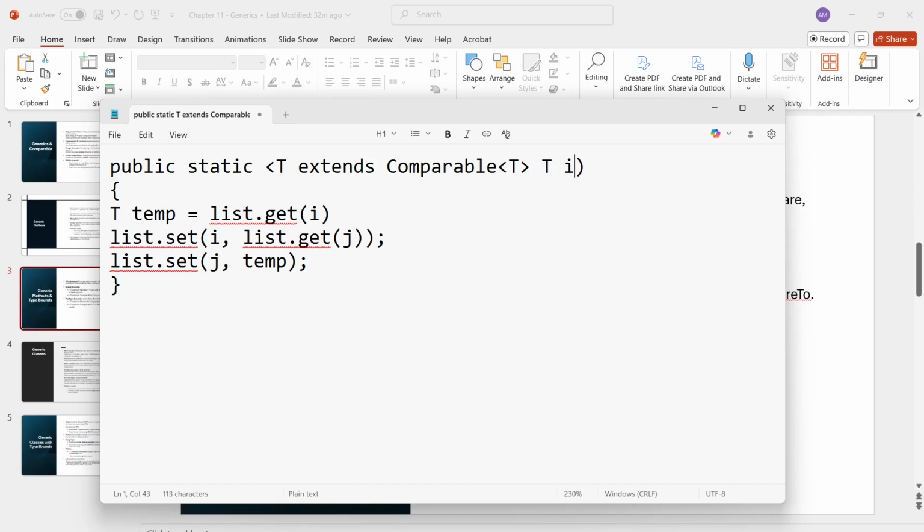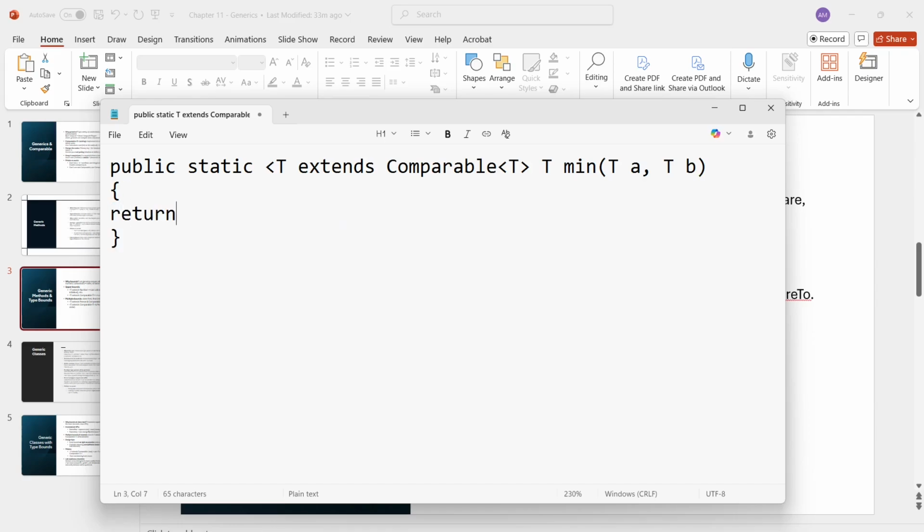T min, T a comma T b, and then we return a dot compareTo b, less than or equal to 0. So, T extends